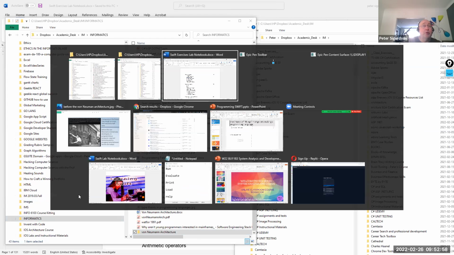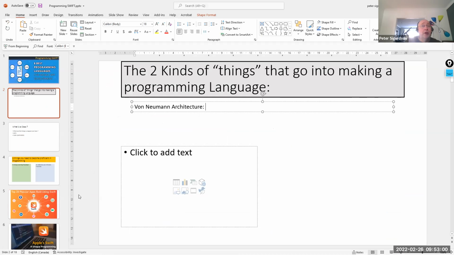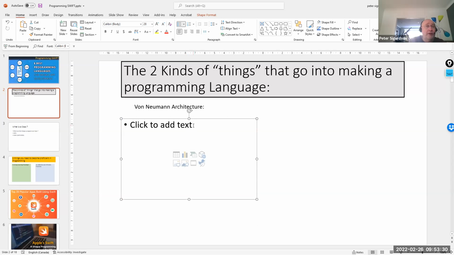Okay, now let's go back to our programming endeavors. So according to Dr. von Neumann, we have two kinds of memory available to our program when we're writing a program. And this is true for absolutely every kind of programming technology there is, once again, except for quantum computing. So Dr. von Neumann said we have heap memory and we have stack memory. And heap memory is where we put data variables, and stack memory is where we put code. So that means the two kinds of things that we can have here in a program are data,